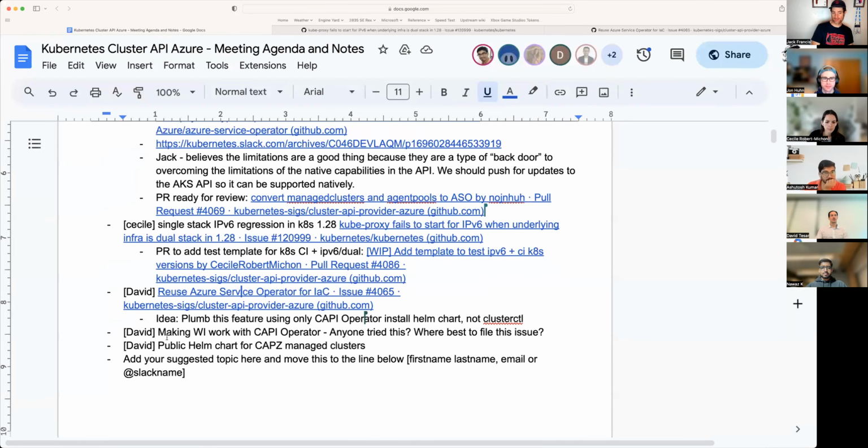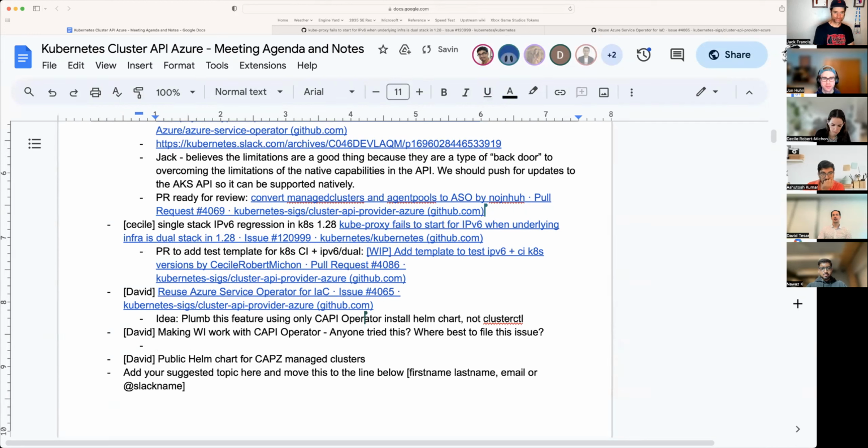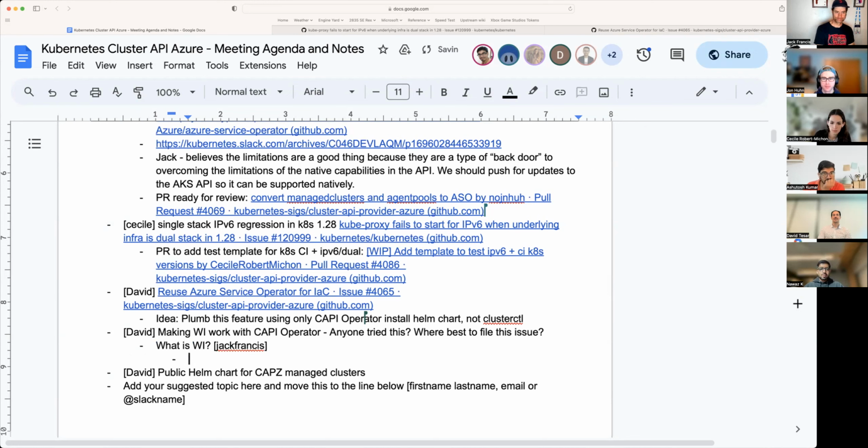Okay, so you're up for the next agenda item. Yeah, so this one's just, I don't know, like a shout out if anybody has tried using, I mean, I did finally get CAPZ working with the manual instructions, but I have not. It's a little ominous on how I would make that work with the CAPI operator, and I'm just wondering if anybody's tried to do that. And obviously, then there's no documentation as far as I know. Workload identity. Sorry,